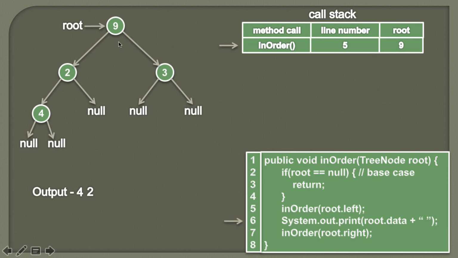So friends, here you can see before we processed node 9, we completely traversed its left subtree. And after we traversed its left subtree completely, now we are visiting the node. So we are simply printing its data on the console. Moving ahead. Once we are done with the processing of this node, we have to process its right subtree. Therefore we are again calling the in-order method and passing the value root's right to it. Here you can see root's right is the node 3. And as we are calling this new method, we are updating the line number.